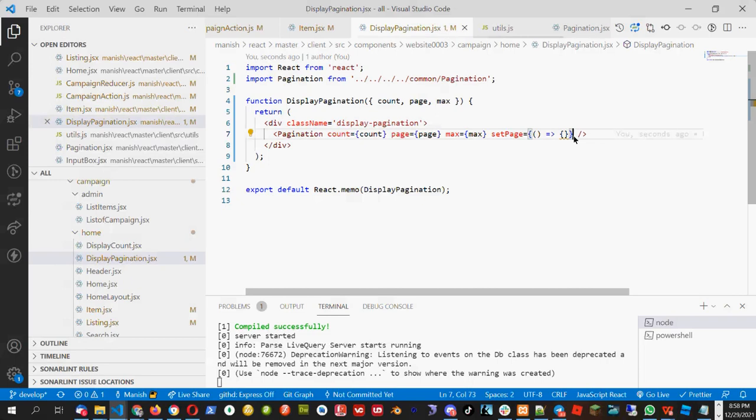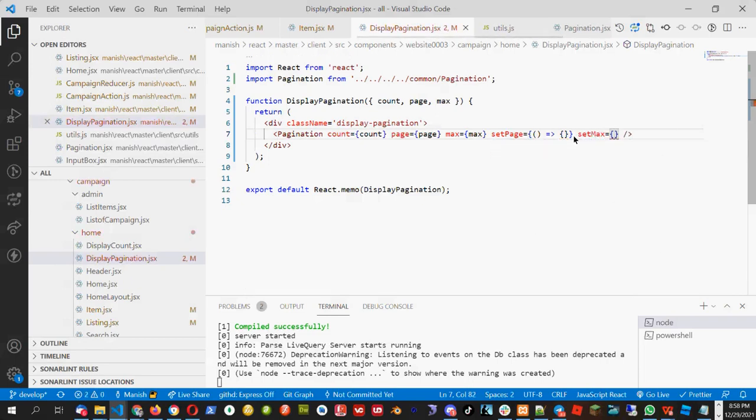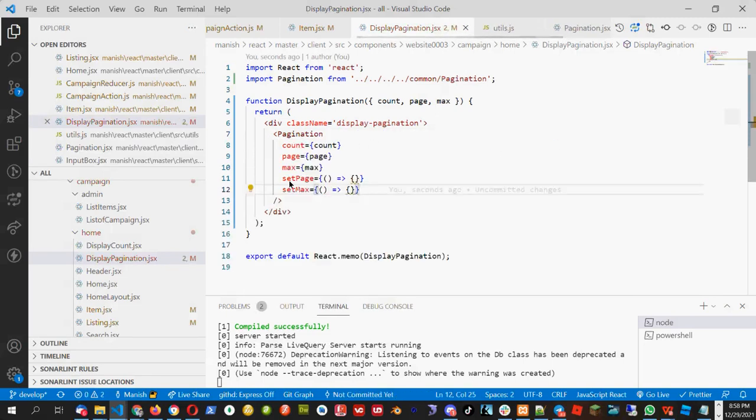Let me finish this one in a bit. And set max equal to, I will just put an empty function right now. First I will see how I'm passing these functions through the listing page, then I will update here. So I'm not updating it immediately, but I will update it soon.